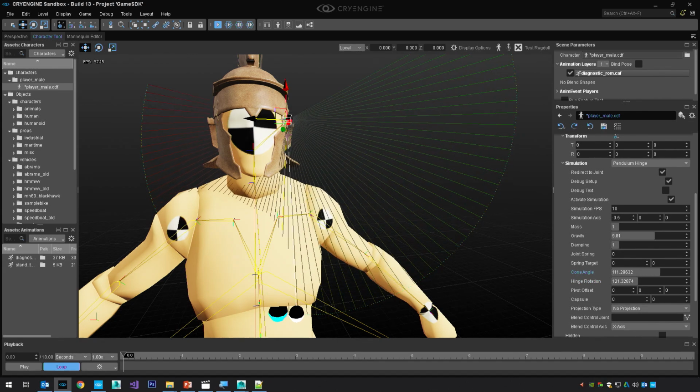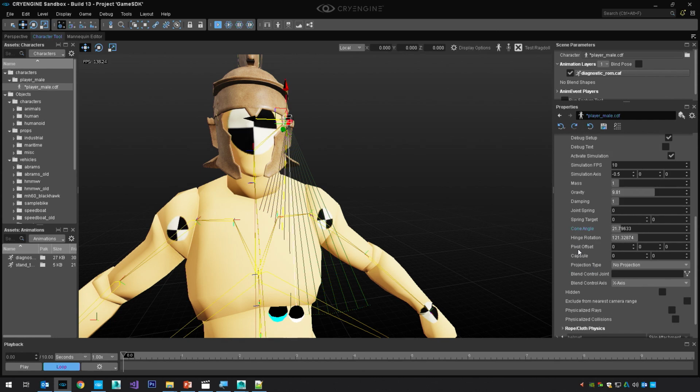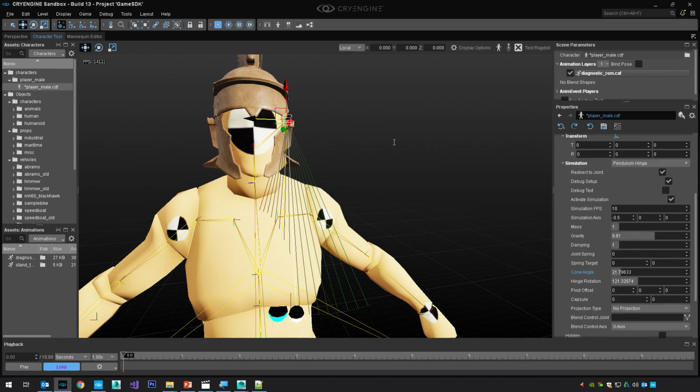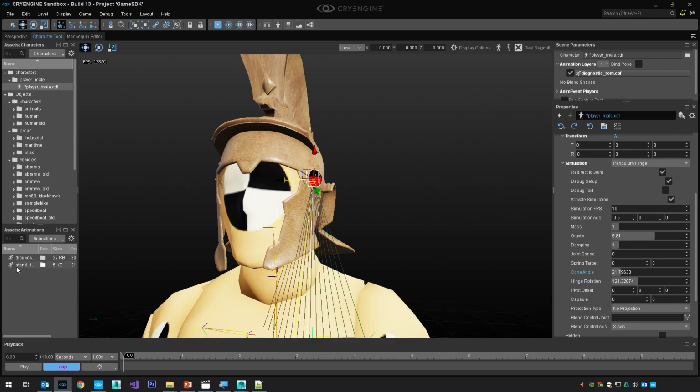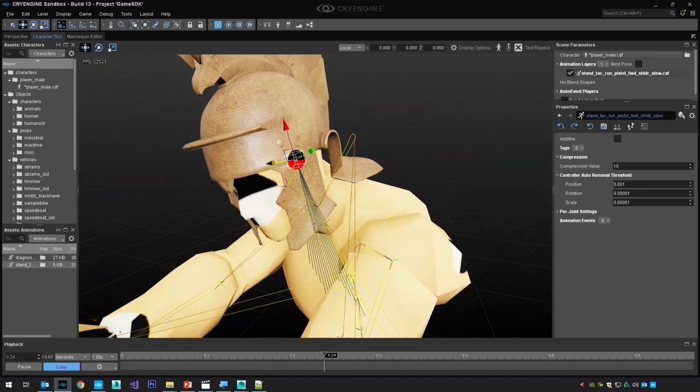Maybe you don't want this. Maybe you want a way bigger range. Maybe you want a smaller range. So you can define the ranges, you can define gravity, mass, it should all be just normal physics setup. You can have the pivot offset, you can add a capsule to it, and whatever. So to see it, I can now put in my animation